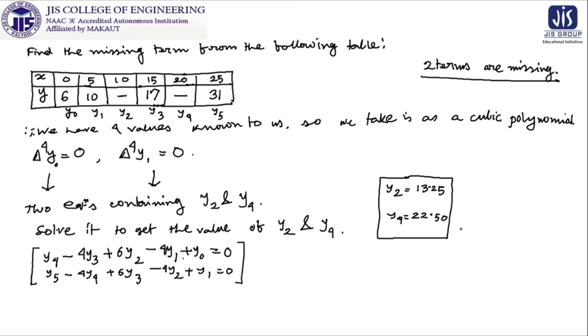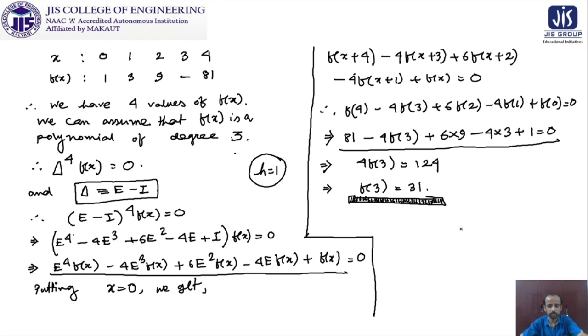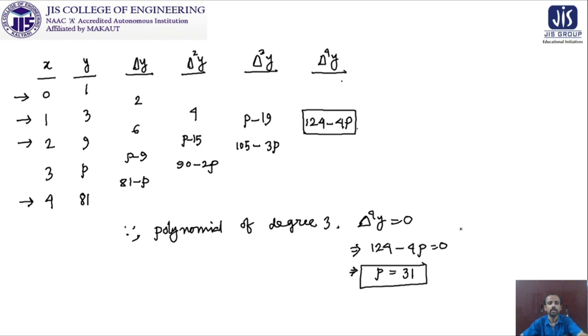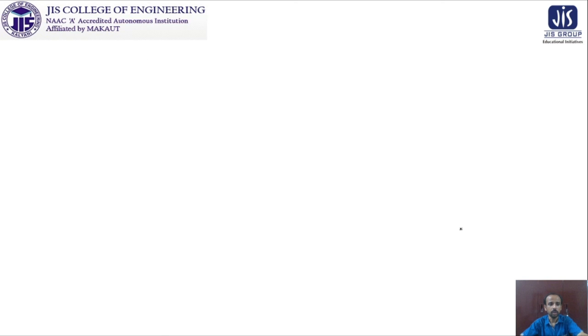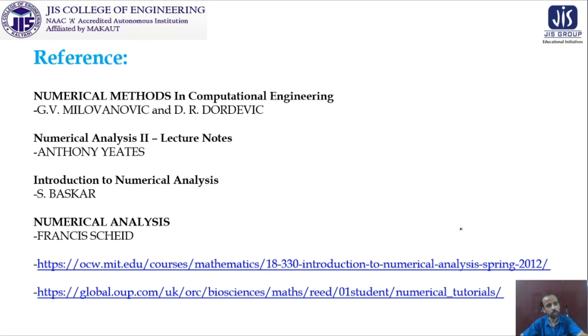One more piece of information I want to share with you: yes, it is true that both the methods are applicable for finding out these missing terms, but the first one will take less time and less effort than the second process. So if only one term is missing, you can take any one of these two, but if there are problems where two terms are missing, then it will be easier and more beneficial for you to use the first one. So finally, I want to say that please go through these reference books, and you will get so many problems for your own practice and concept building.